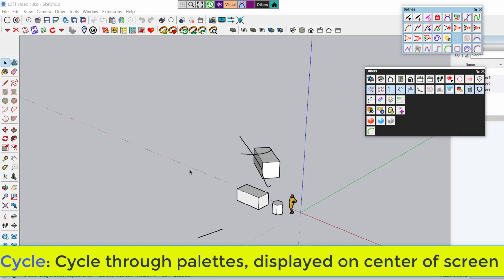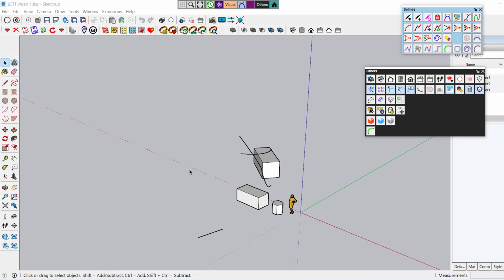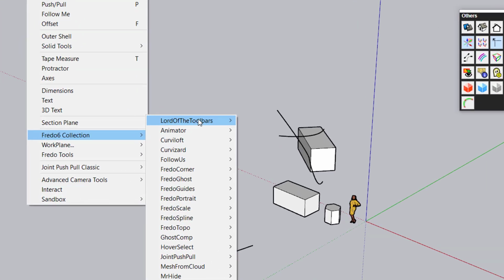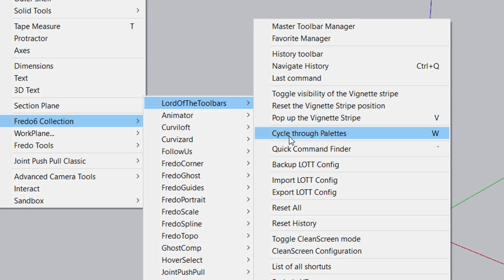You have another way to display a palette, which is called the cycle mode. So usually you assign a shortcut to the menu entry, which is in Tool, Lot of the Toolbar, and Cycle through Palette.